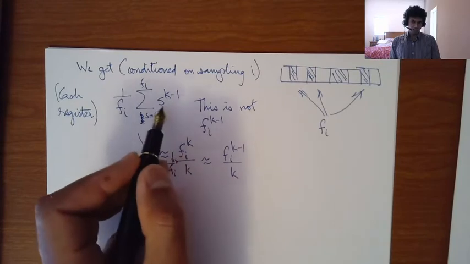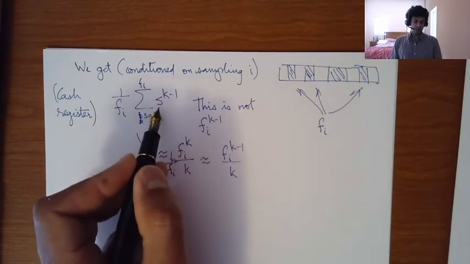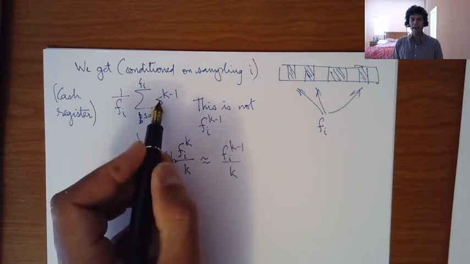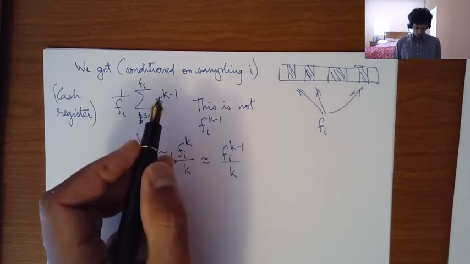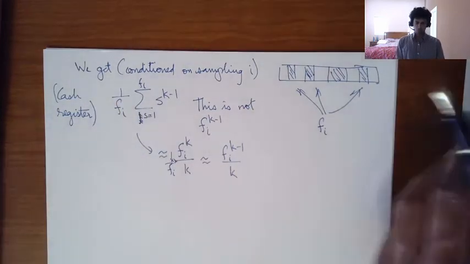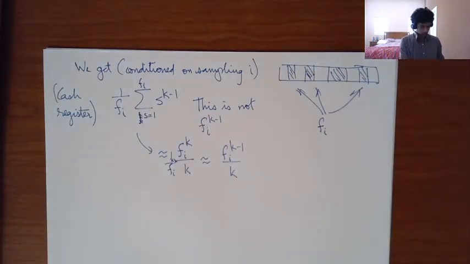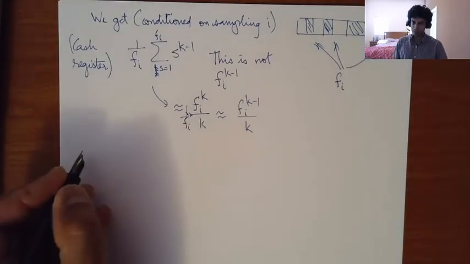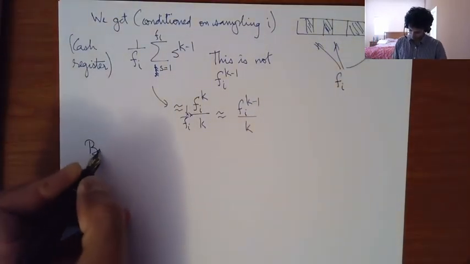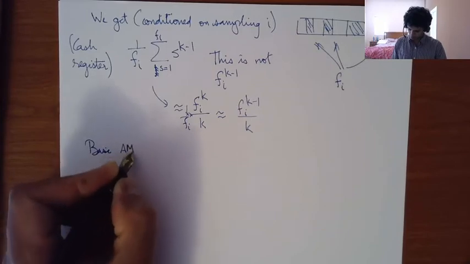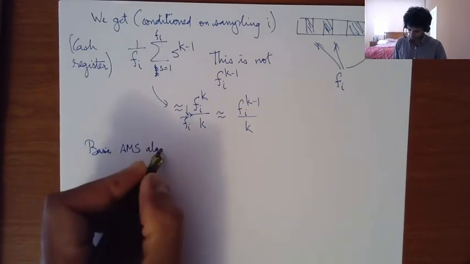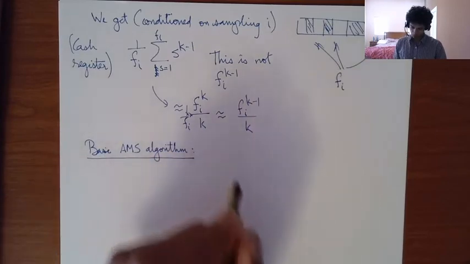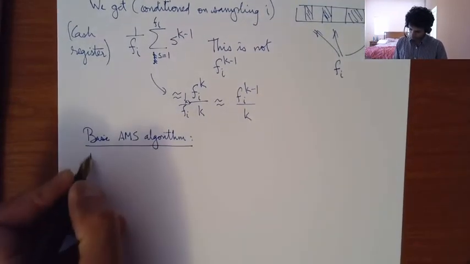but there's a neat trick. So if we can somehow fix this to get an unbiased estimate, what we could do is, instead of outputting S to the k minus 1, can we output something else to fix this problem? And this is exactly the basic AMS algorithm. The basic AMS algorithm is to run reservoir sampling,